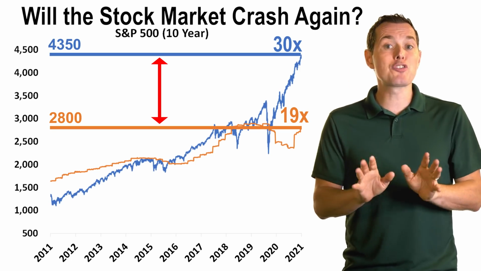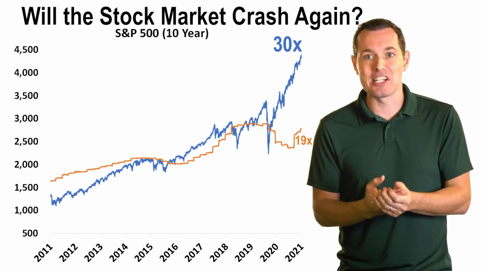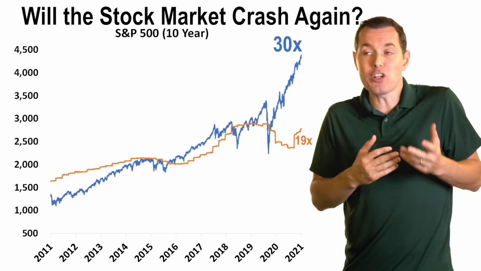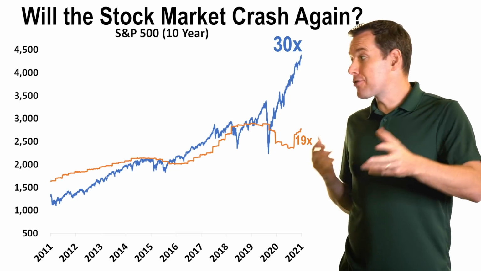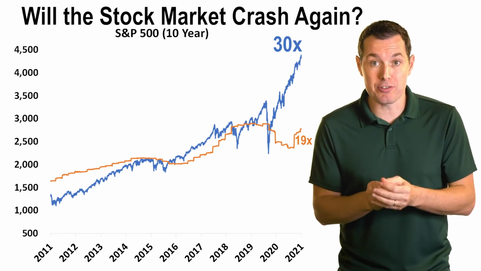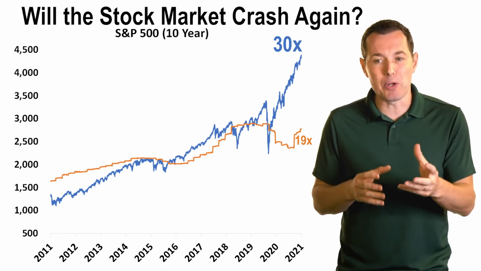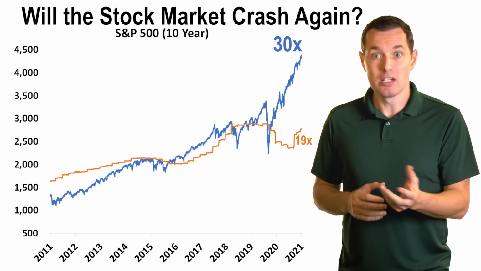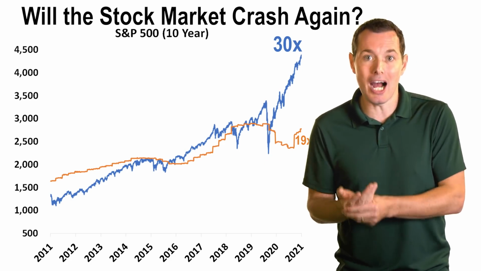Okay, now, a very logical question for us to ask is, what if the stock market shouldn't be trading at 19x? What if it should, in fact, be trading higher? After all, interest rates are super low right now. So in theory, it's possible that super low interest rates lead the money that would typically be in higher paying bonds to the stock market, chasing yield. So the stock market, in theory, should be higher.